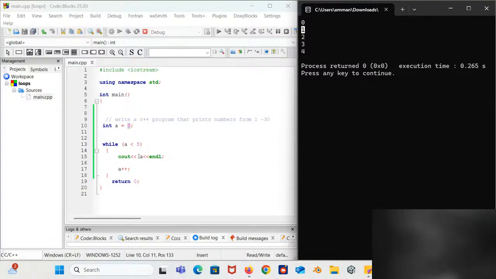Now it comes back here again, as another value is added because it says a++, which is the increment operator. It's basically adding 1. When you see a--, what does it mean? It's a decrement operator. It is subtracting from the value of a.